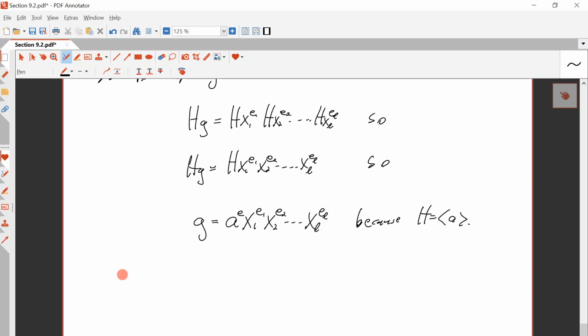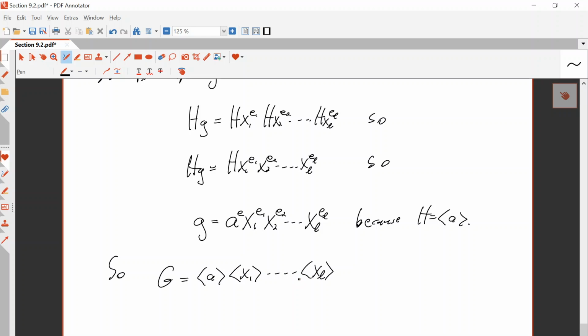Right, so G itself is the product of the cyclic subgroups generated by X1 to XL, along with the cyclic subgroup generated by A. Every element of G is a product of a power of A, a power of X1, up to a power of